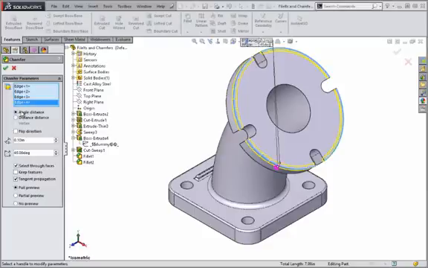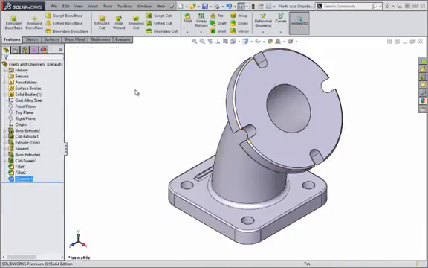Using the angle distance method lets you flip the setback direction to achieve the desired result. I'll go ahead and finalize my chamfer dimensions, and then click OK to complete the feature. In the next lesson, I'll show you how to create reverse